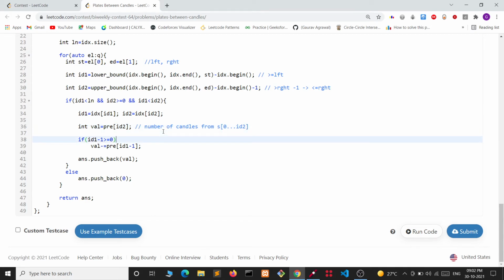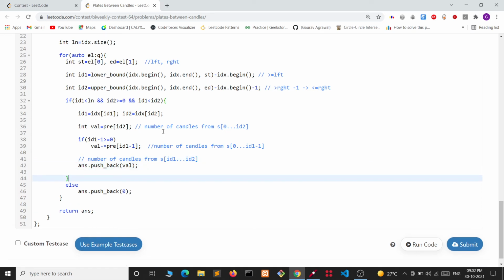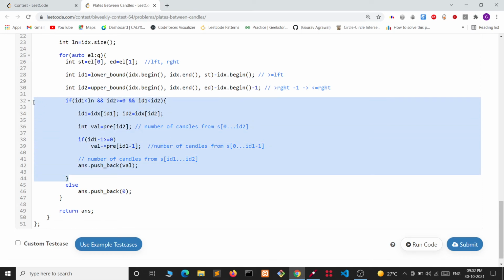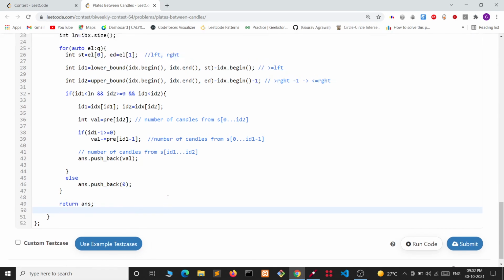If id1 minus 1 is greater than or equal to 0, then we subtract the number of plates from 0 to id1 minus 1, so that we get the number of plates from id1 to id2. So we are pushing the value. If we cannot find a valid id1 and id2, then we simply push back 0. After that, we are returning our answer array.